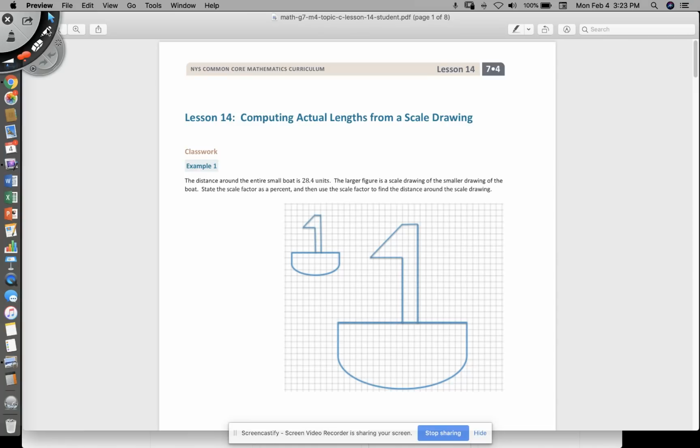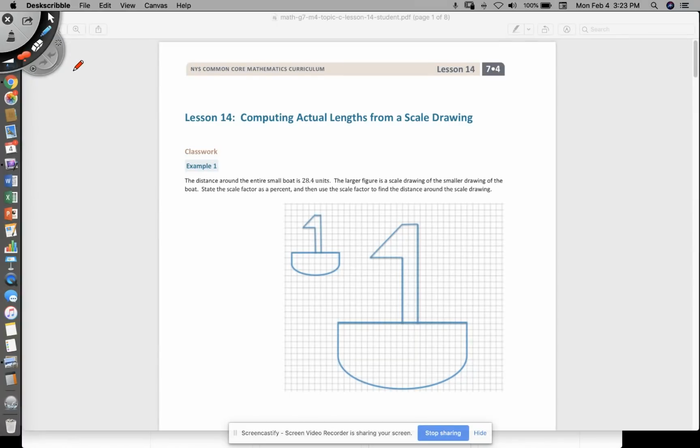This is 7th grade, Module 4, Lesson 14 on computing actual lengths from a scale drawing. So we have these little makeshift boats here, and it says the distance around the entire small boat is 28.4 units, and the larger figure is a scale drawing of the smaller drawing of the boat. State the scale factor as a percent, and then use the scale factor to find the distance around the scale